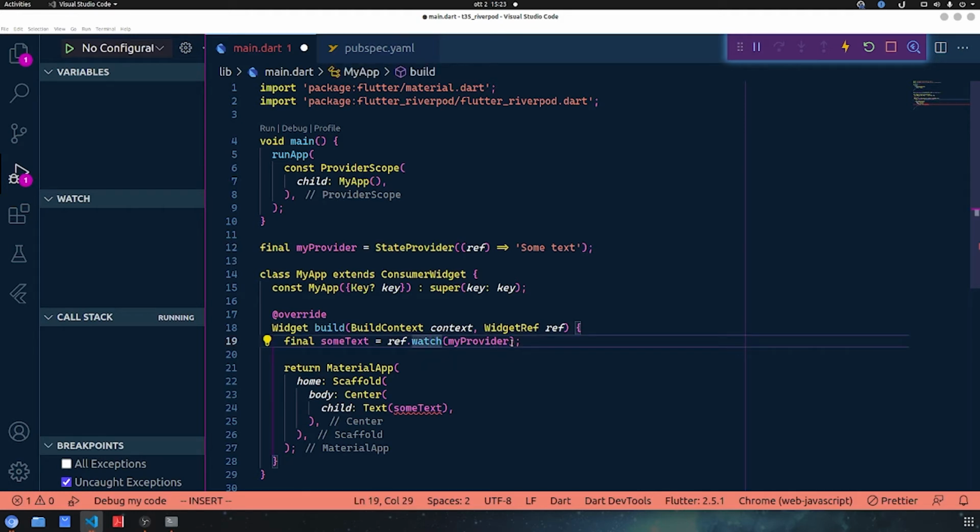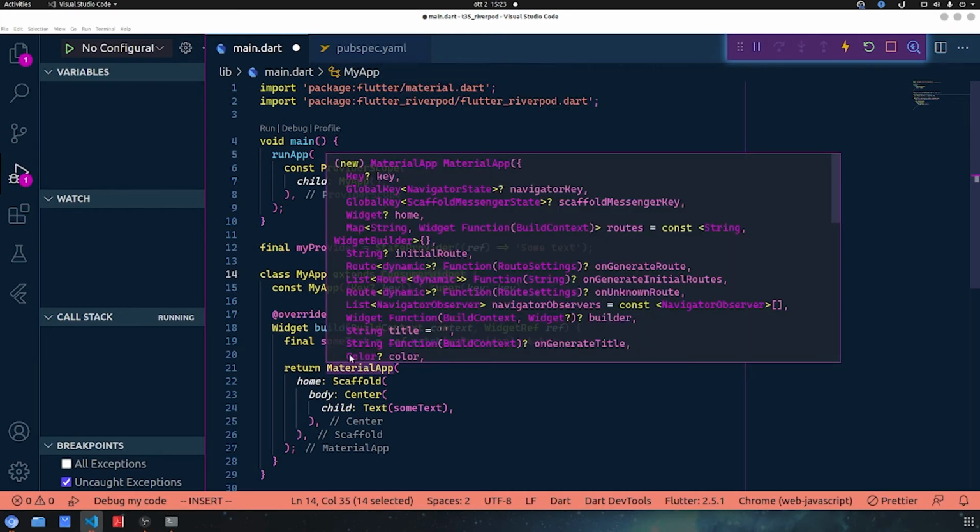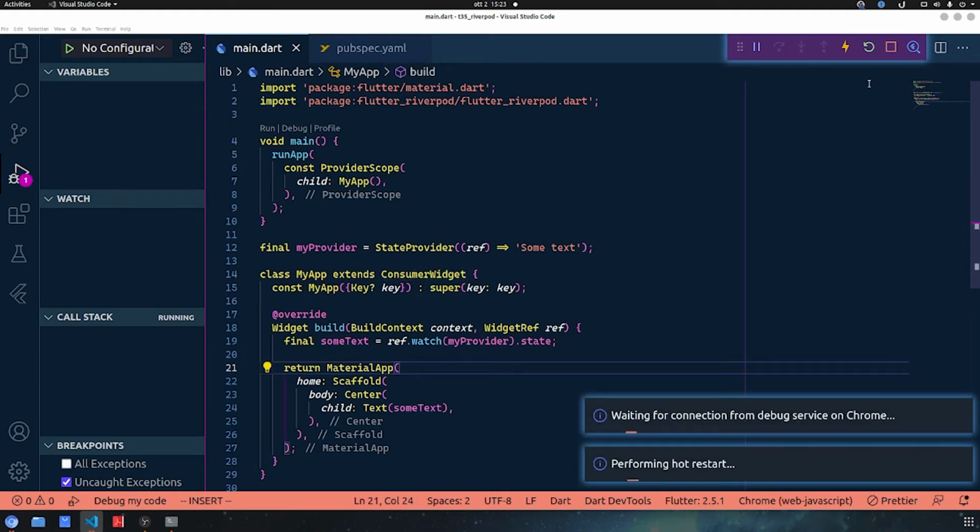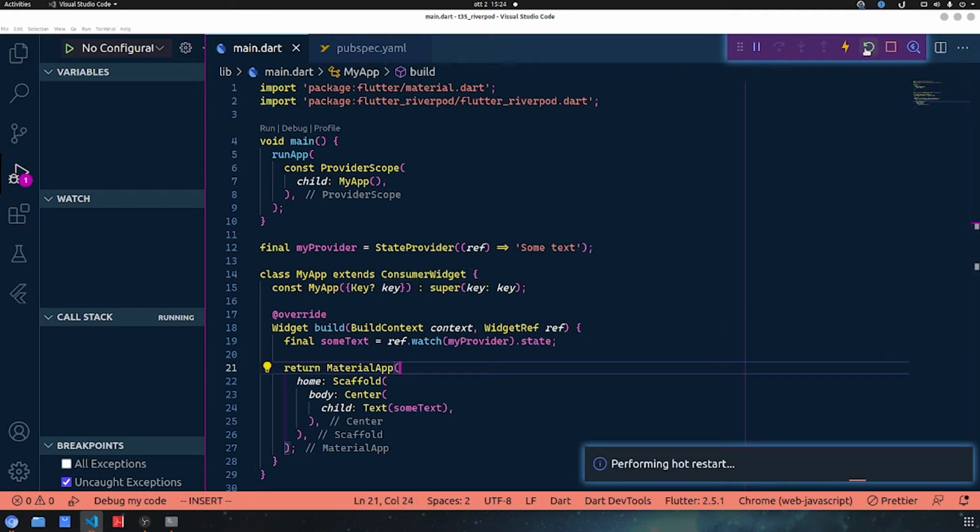So now the different thing when you call it, for example, is that obviously you have the same things. You always watch it with watch, and here you should call the state instead of calling it like this. And remember, as I said before, you should use a consumer widget, and you will use it instead of a stateless widget. So now we can save, restart our application,